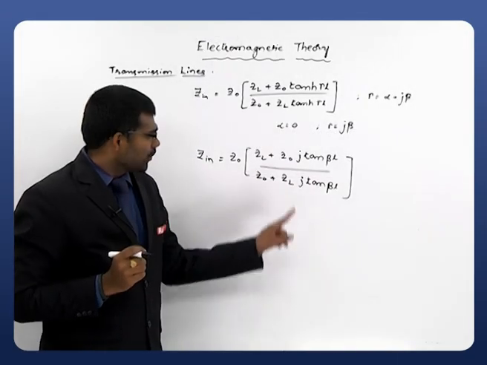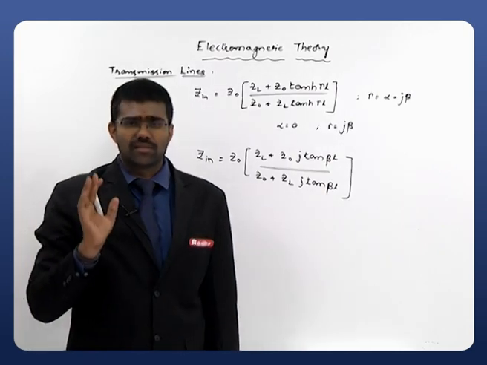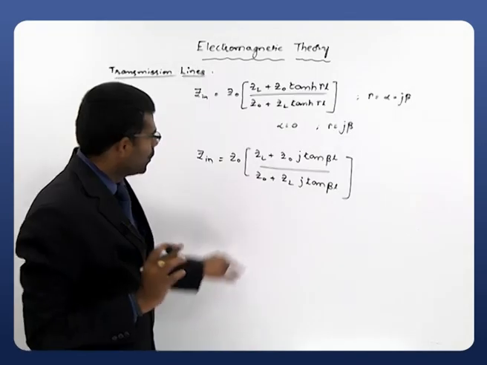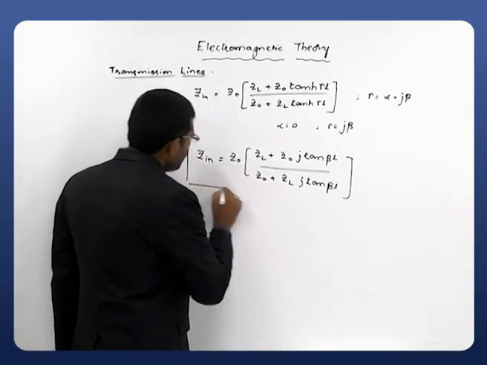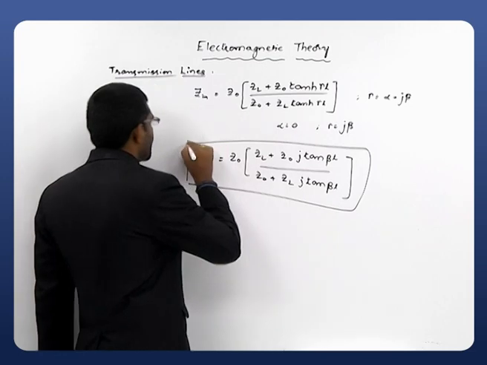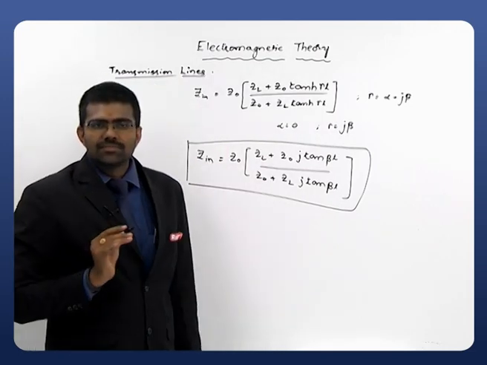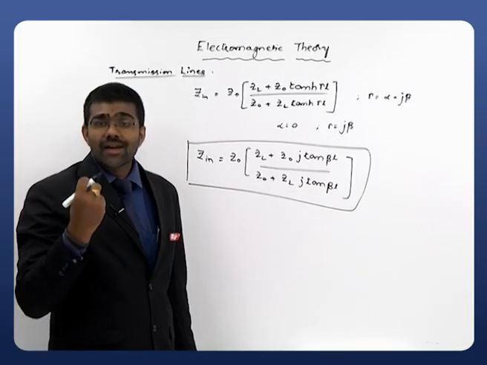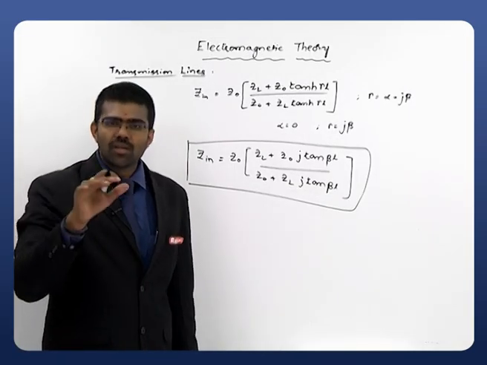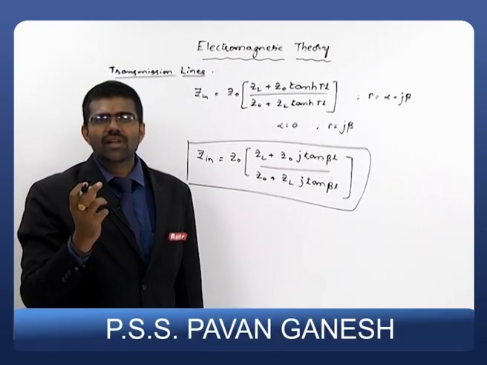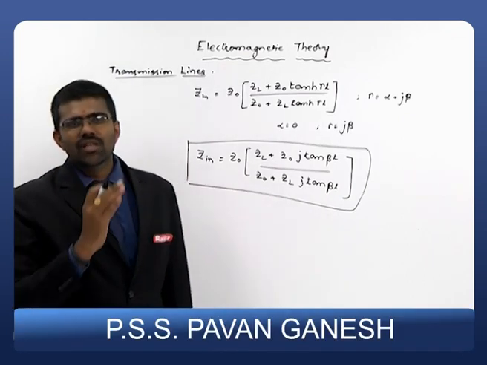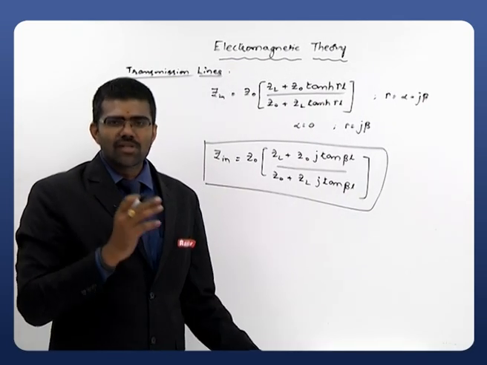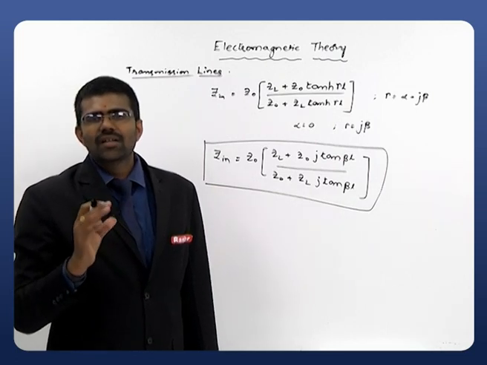But clearly remember, this equation is applicable if and only if the line is a lossless line. If the line is a lossy line, this is the only equation you are supposed to observe. So what I suggest is, remember this equation for entire transmission line analysis. If you remember this particular equation, then it is very easy. What is the characteristic of that particular transmission line if you vary the load? Or if you are varying the length of the transmission line? Or if it is lossless or distortionless, like that? And so you can analyze it